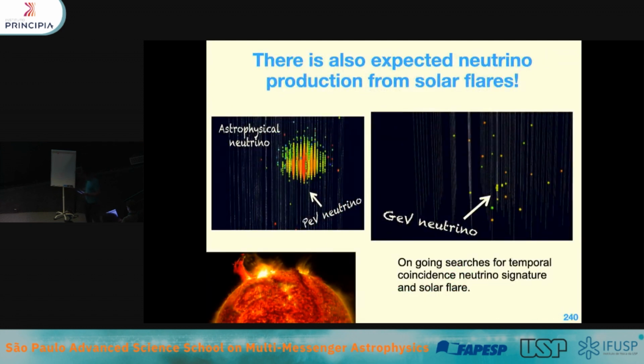You can also have acceleration of protons in solar flares. Solar flares have magnetic fields, so you can accelerate protons to GeVs of energy. And so that's very difficult. I have actually been very selective with my event displays, and I have shown you only high energy events that look like this. It's beautiful, many hits happened. However, many neutrinos in IceCube do not look like that. Most of our neutrinos are actually low energy, and this is how a GeV neutrino looks in IceCube, right? It's only a handful of hits. So it's very difficult to reconstruct these neutrinos and figure out their direction. If I were to ask you whether this is a track or a cascade, and what's the direction, you would have a hard time figuring that out.